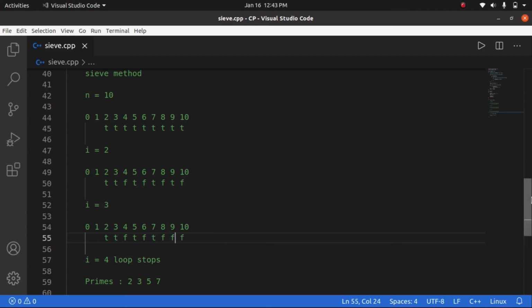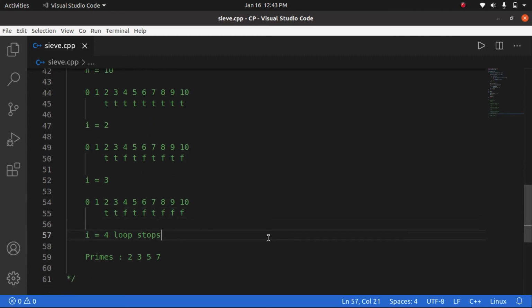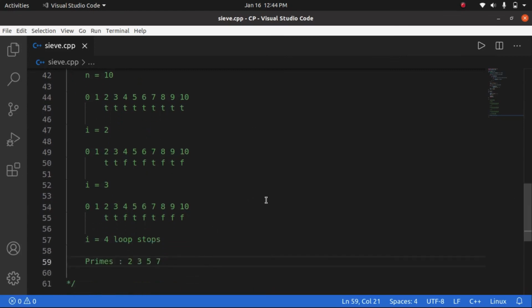In the next iteration, 4, the condition i into i less than or equal to n is checked. i into i becomes 16, which is not less than or equal to 10, so the loop stops here. Now the primes array has true at 2, 3, 5 and 7, so we can say the prime numbers are 2, 3, 5, 7. This is how this algorithm filters the prime numbers.